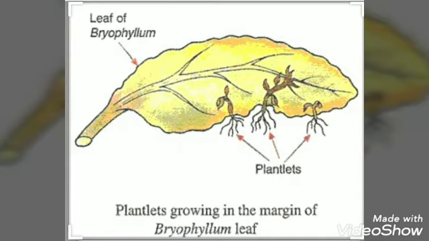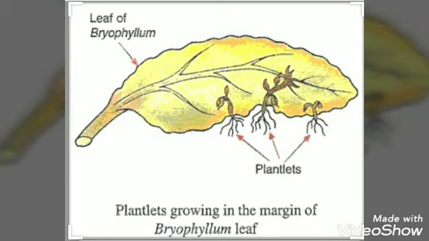For example, a plant called Bryophyllum reproduces by the method of vegetative propagation of its leaves. If you look carefully, from the tip you can find tiny buds growing, and these buds grow into their own tiny plants, which we call plantlets. They have their own leaves and roots. When these buds grow, eventually the leaf will become heavy and fall on the ground. And then each of these plantlets can grow into a new Bryophyllum.